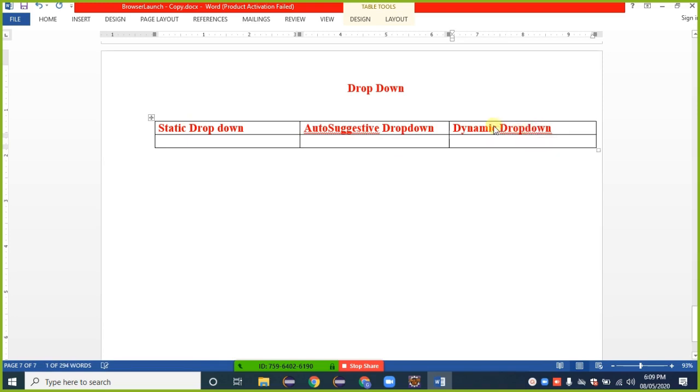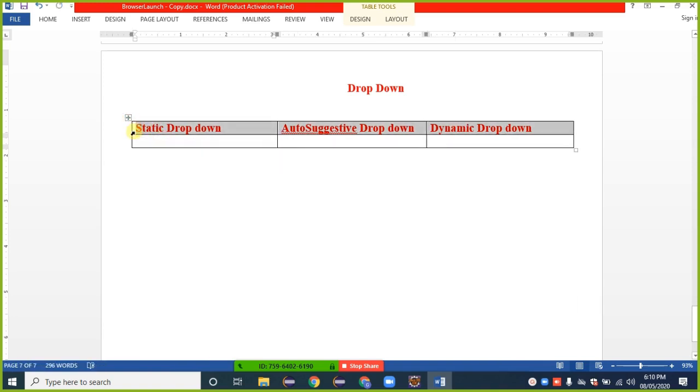So first we need to identify which type of drop down we have, and depending on that we need to interact with that drop down. Three types of a drop down: static, auto suggestive, and dynamic.